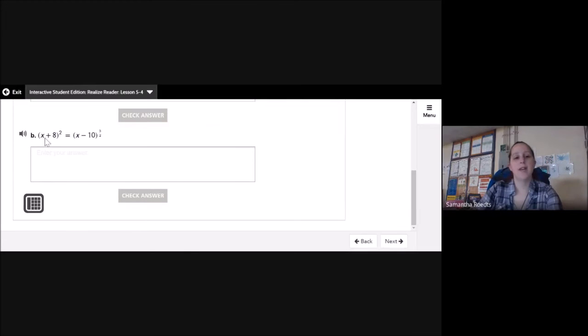All right, for letter B, I have x plus 8 squared equals x minus 10 to the 5/2. So what I want to do is actually square, well, I just want to expand the x plus 8. So that gives me x squared